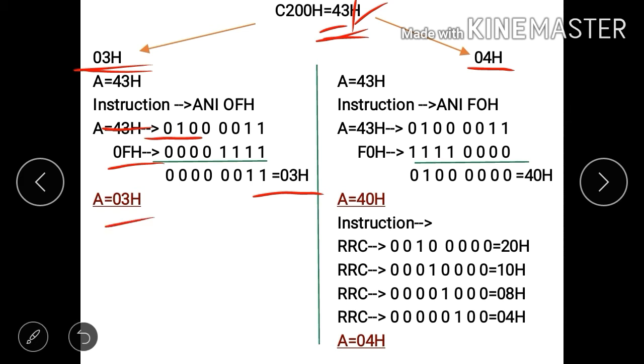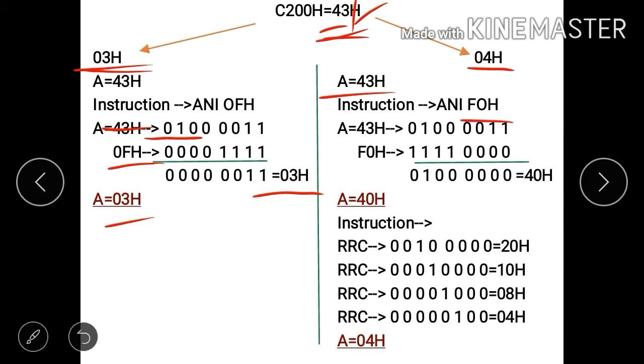Next we want the data 04H for multiplication. Our data, 43H, is in the accumulator. Now we want the most significant bits unchanged. So here we will perform an AND operation of the accumulator with the 8-bit data F0H.